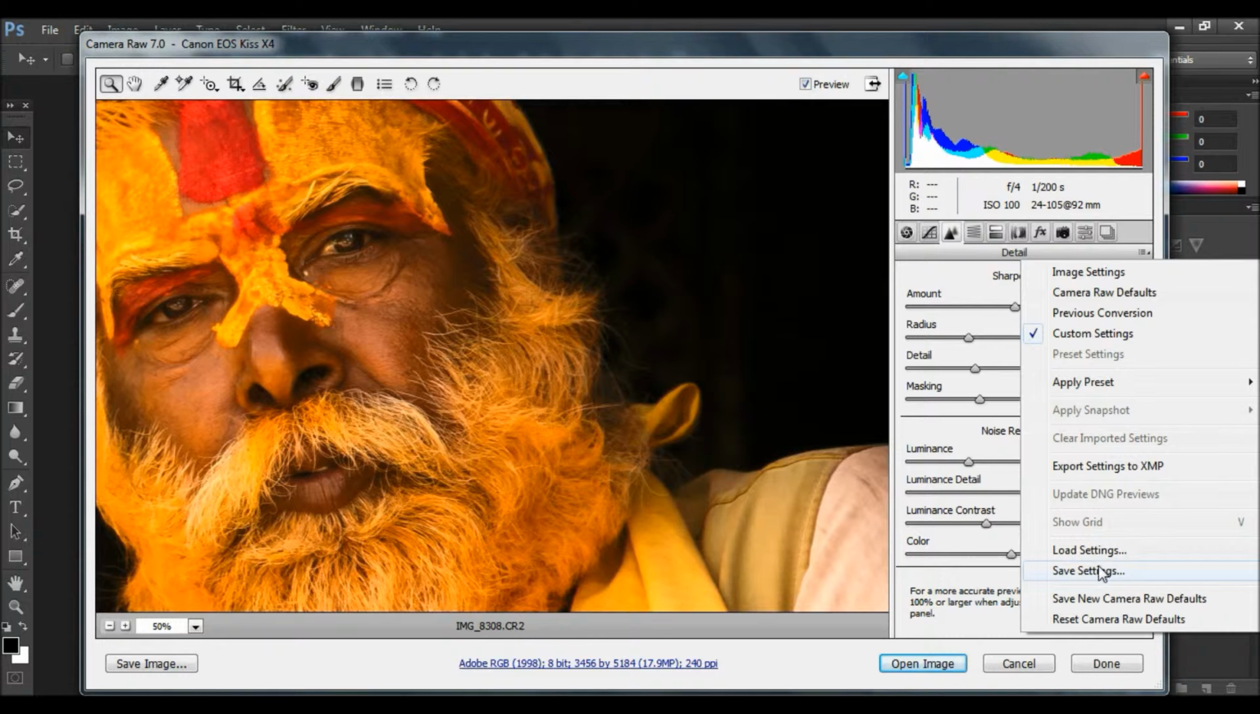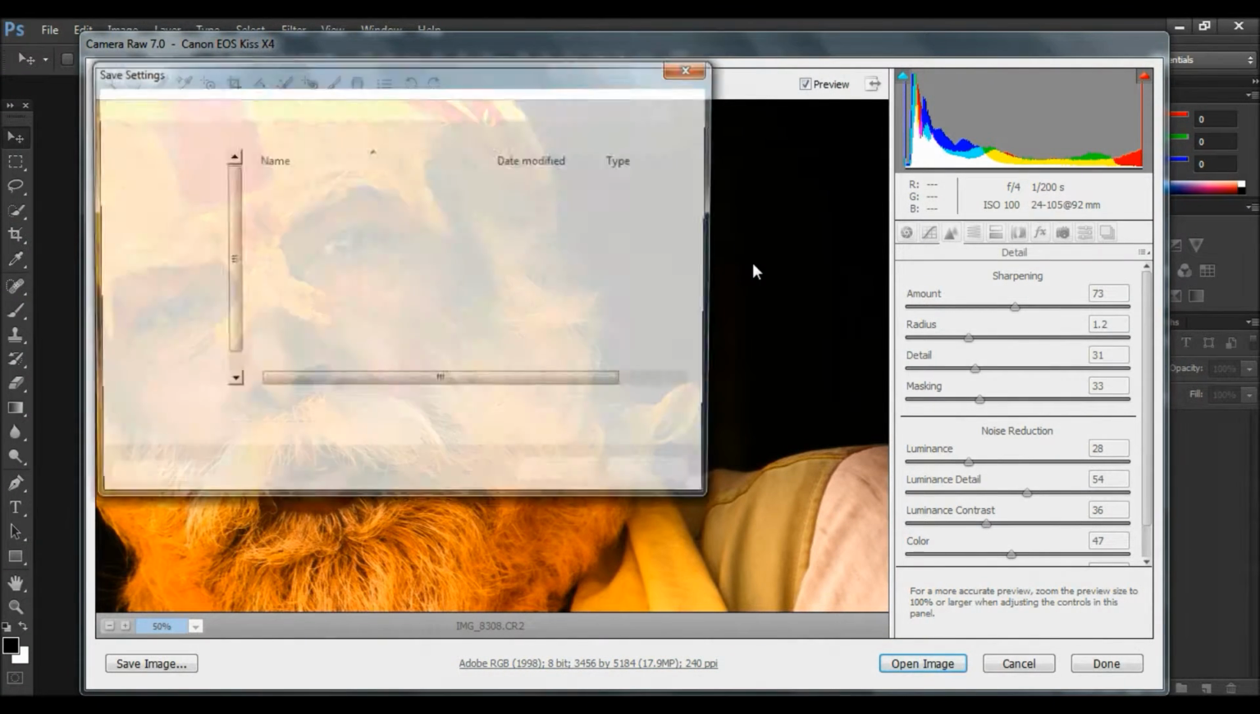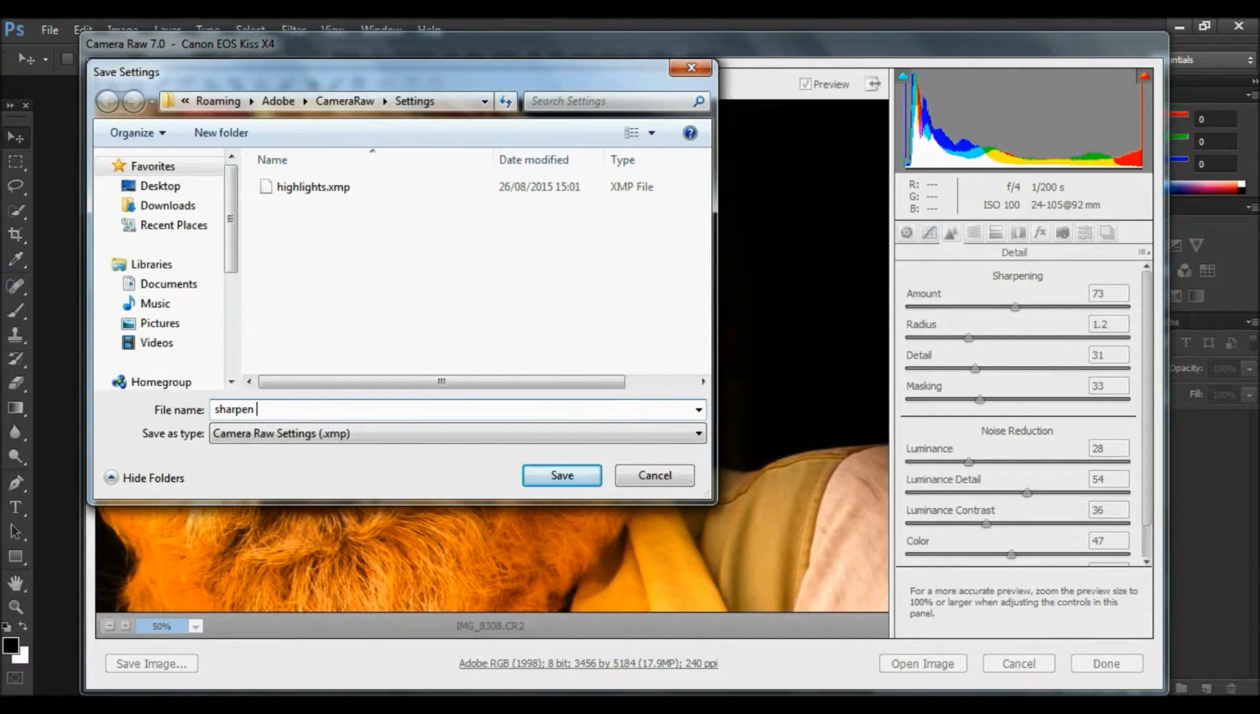Well, you can save it. So if you go into this drop down here and click Save Settings, you can tick or untick anything along here that you would like to be saved or that you wouldn't like to be saved. So I'm just going to click on Save because I'm happy with that. And then you need to save it as an appropriate name. I'm just going to call this one Sharpen Portrait,